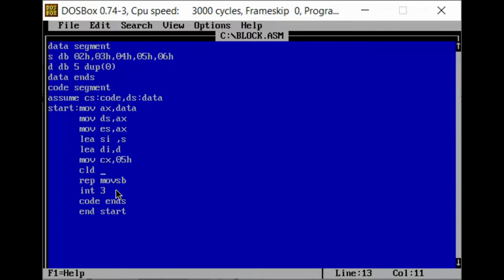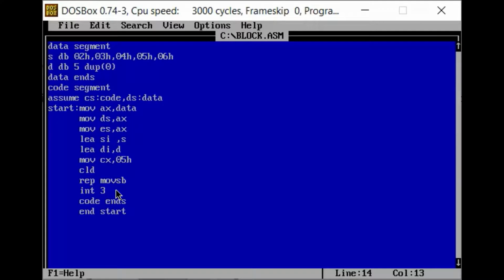By this, what we are doing is repeating the command until CX becomes 0. Everything will be repeated again and again, and CX is decremented each time until CX reaches 0.